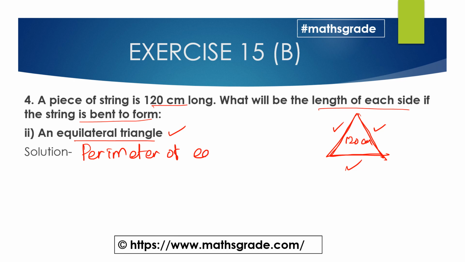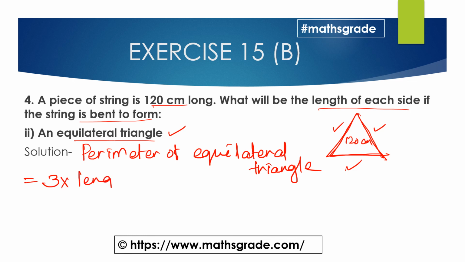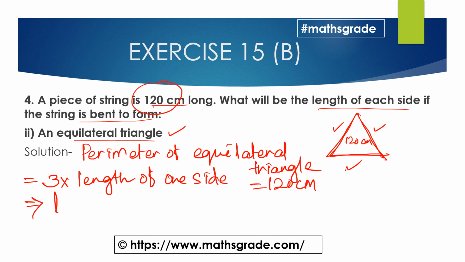The perimeter of an equilateral triangle is 3 multiplied with the length of one side. It is given that the perimeter is 120 centimeter. So the length of one side will be